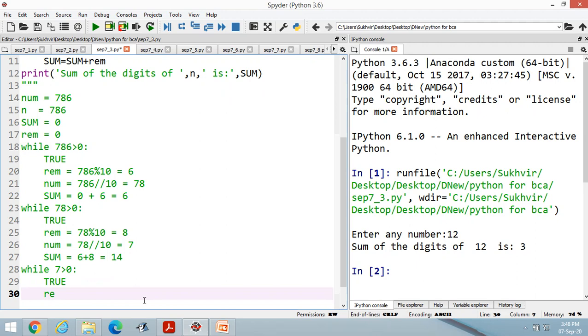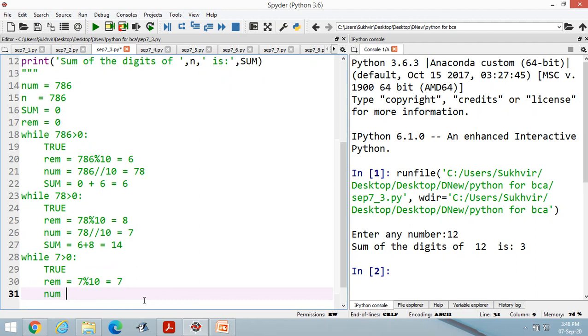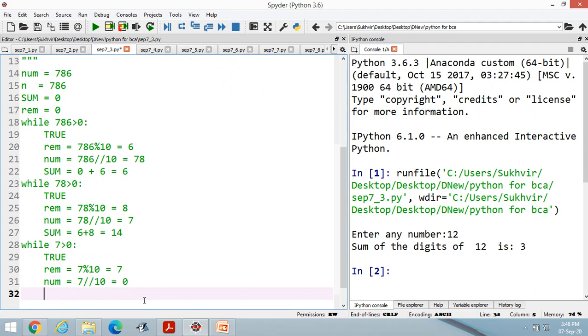And what about remainder? Remainder is equal to 7 modulus 10 and answer is equal to 7. And what about number? Number is equal to 7 floor division 10, the quotient is equal to 0. And what about sum?